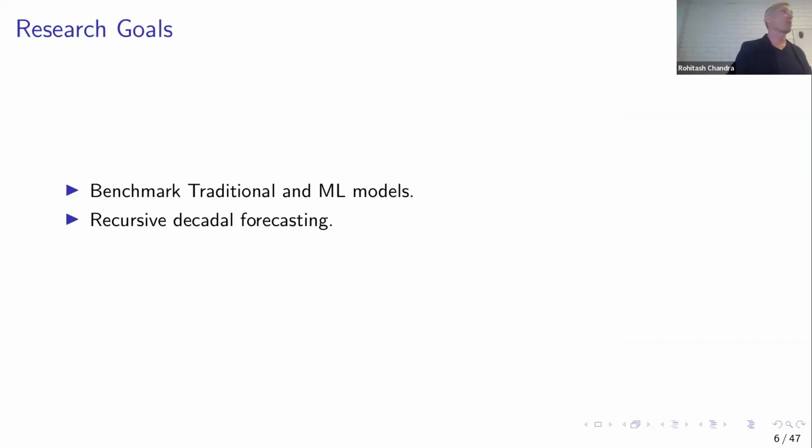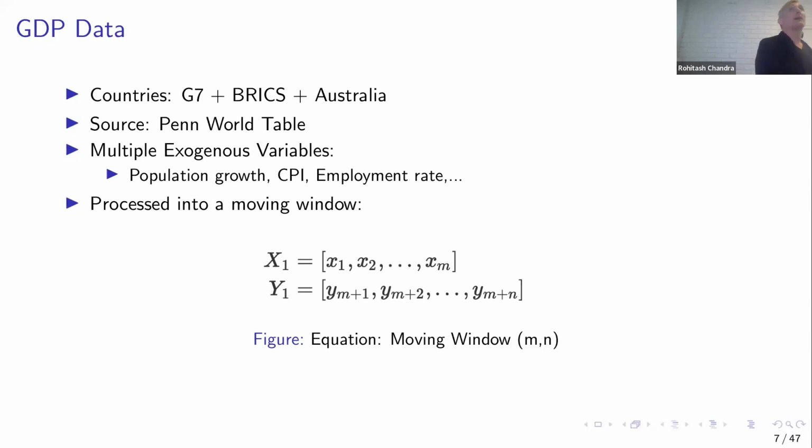So the research goals for this project were twofold: benchmark traditional forecasting against machine learning approaches, and then apply this to a large-scale recursive method for doing long-term decadal forecasting. The data itself, we chose 13 different countries. So the G7 countries, which includes large first world nations, as well as what are called the BRICS developing economies of Brazil, Russia, India, China, and South Africa, plus Australia, because we're here and we want to understand our own